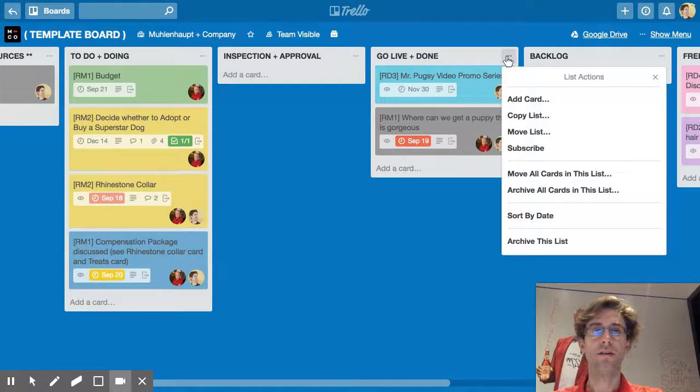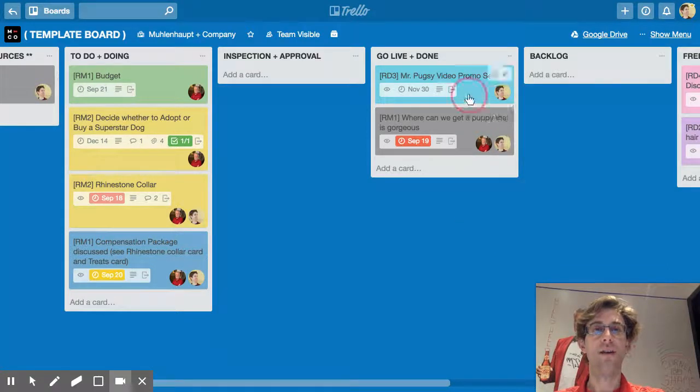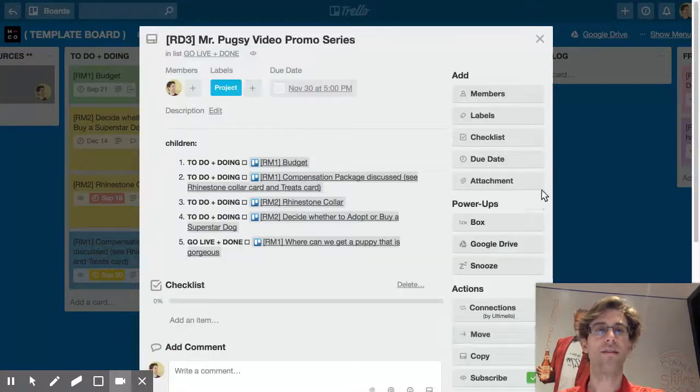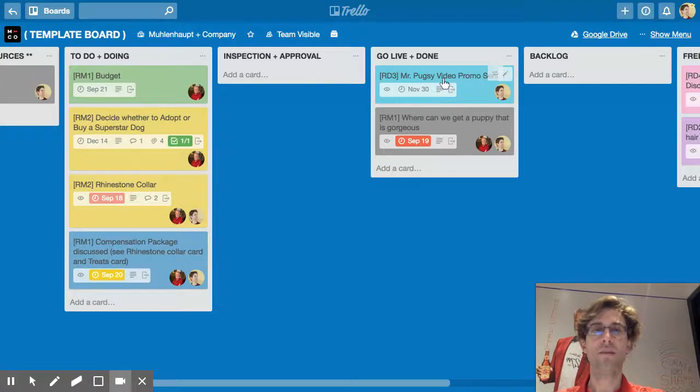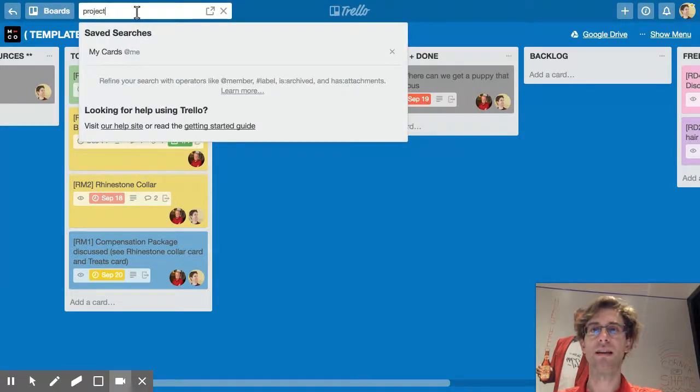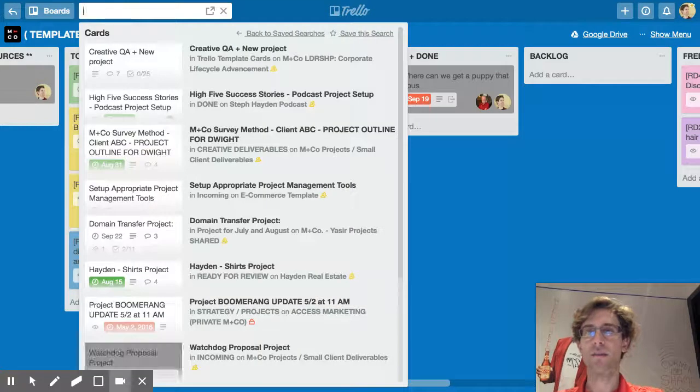So I can either archive the whole list, archive all cards in the list, right? So I don't want to archive the list. I want to archive all cards in the list. Or I can click on the card and scroll down and click archive, and then X out of here. Or I can just press the letter C. It's that easy. And then if I need to find it again, I can just type in, let's see,